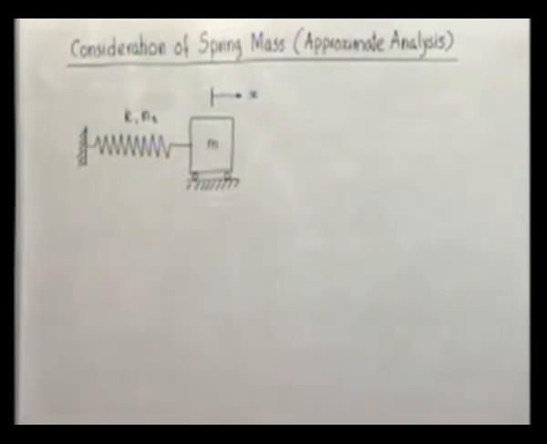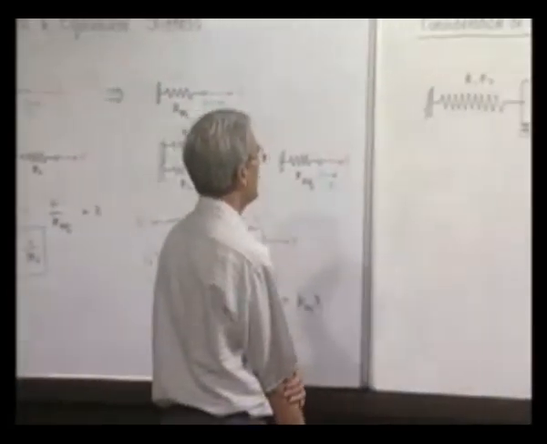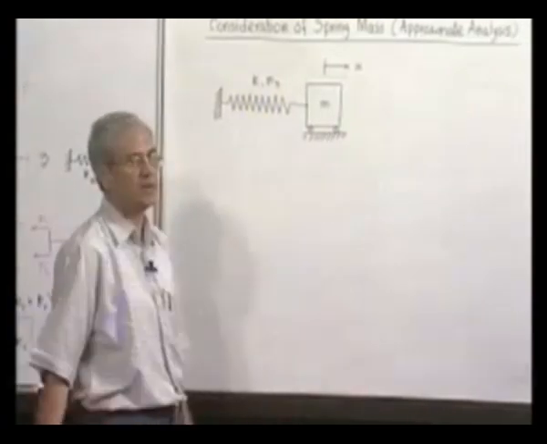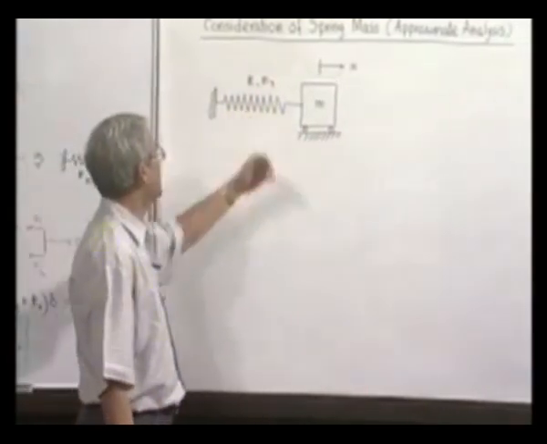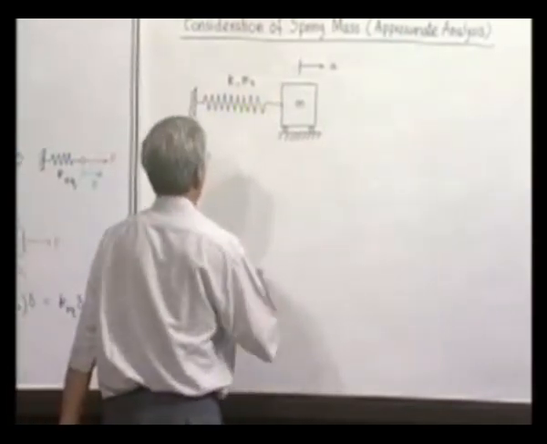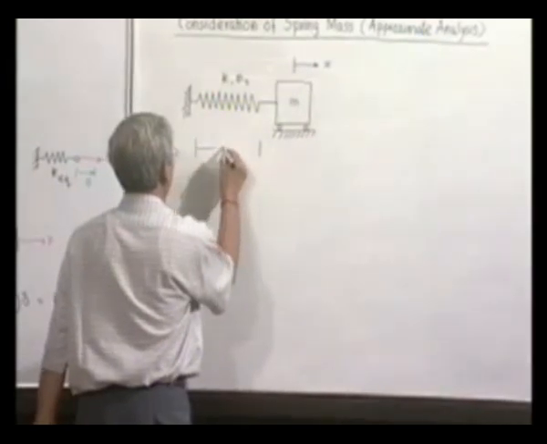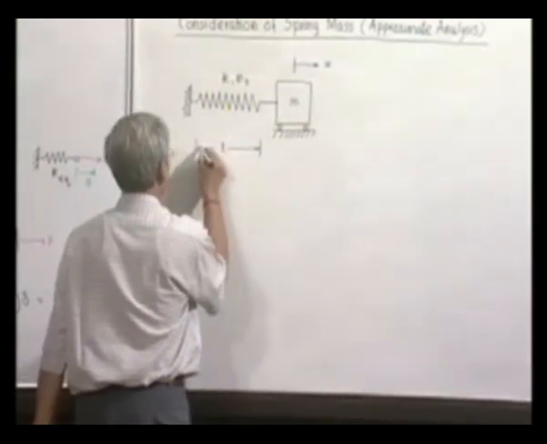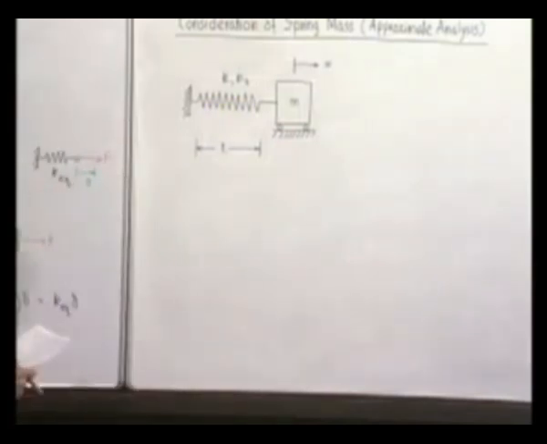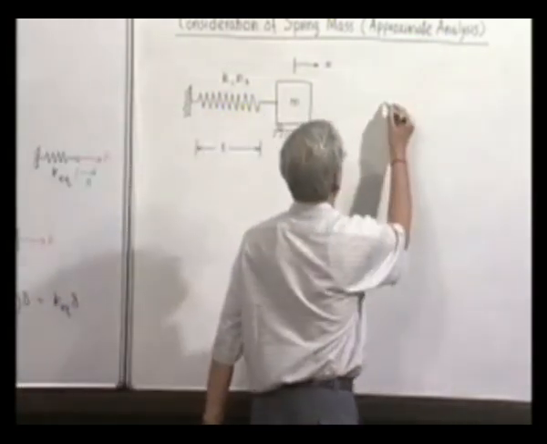So, this is our system now. That means it is a simple spring mass system. The block has a mass m which oscillates freely in the horizontal direction. The spring has a stiffness k, a mass ms, and the length of the spring is L. So, now we have been given the mass of the spring ms and we want to find out the natural frequency of the system. So, therefore, what we will do, as we have been thinking all the time, is